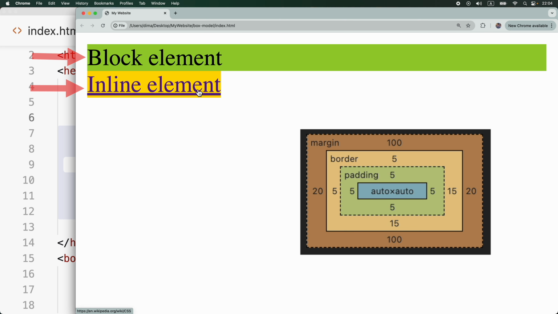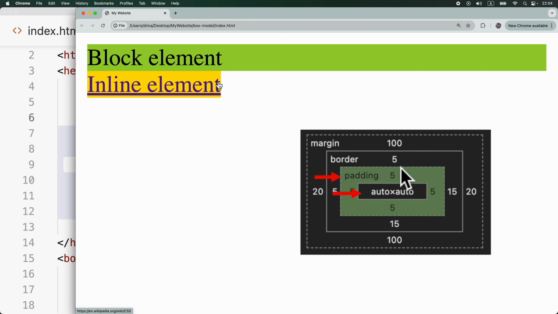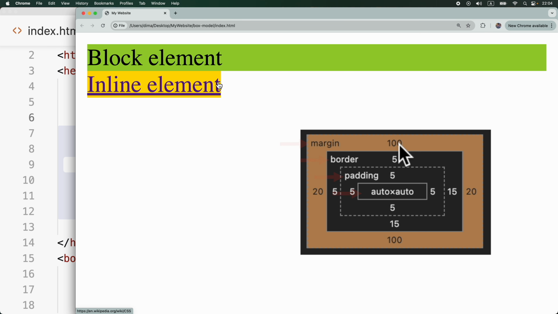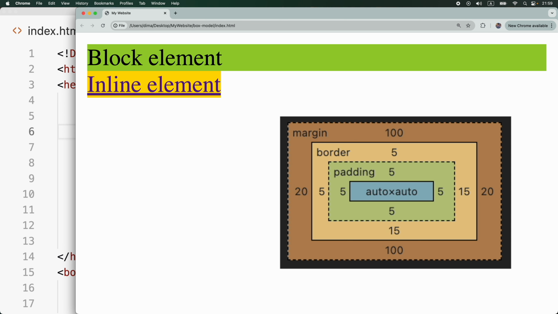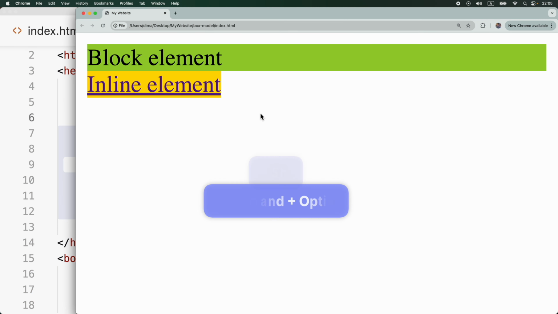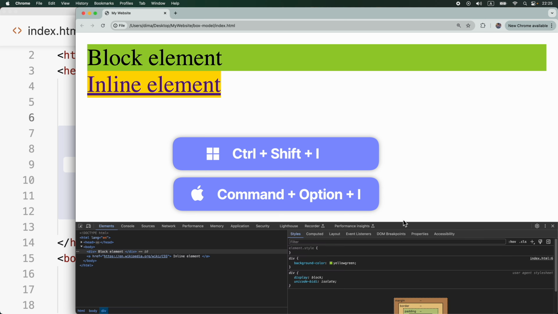So today you'll learn about the content, padding, border, and margin layers and their differences for the block and inline elements. It's absolutely important for you to understand the box model in CSS because you'll work with it in one way or another most of the time. It's a part of every element on your web page. For that, we'll use developer tools. So to study it,